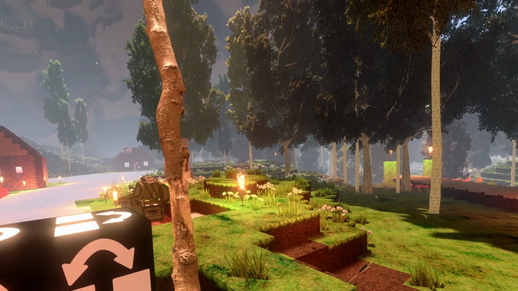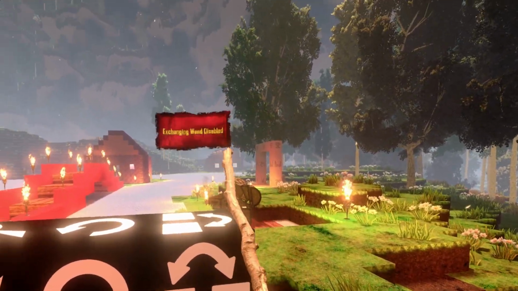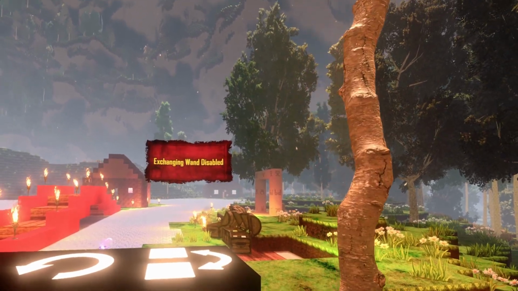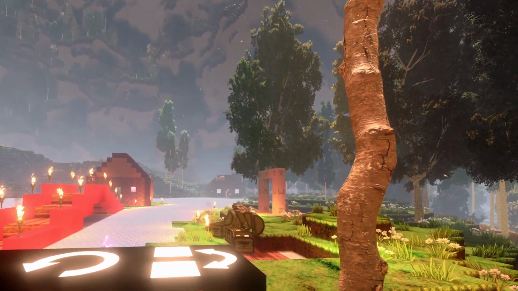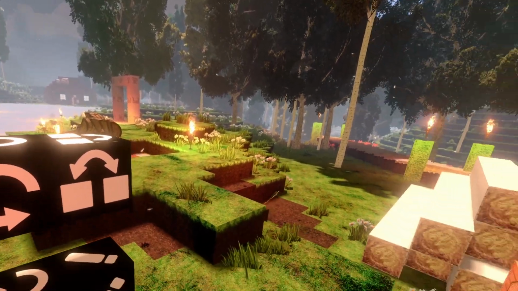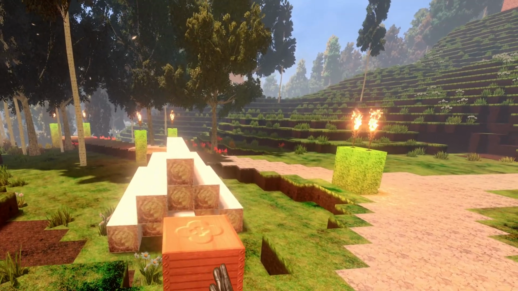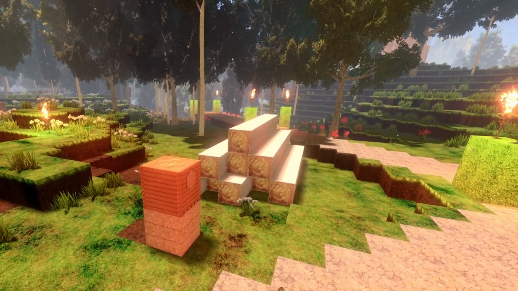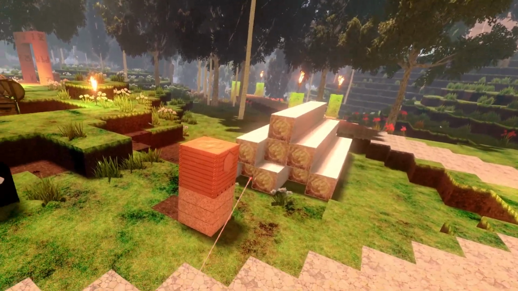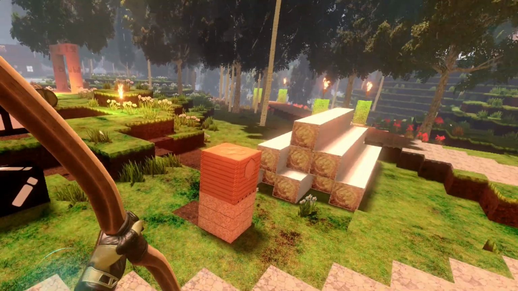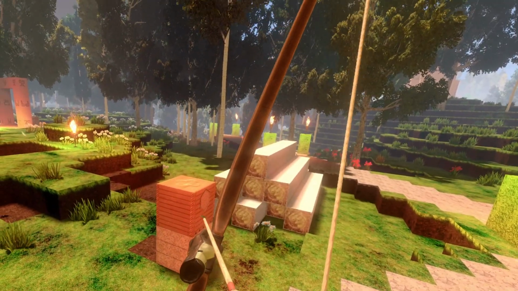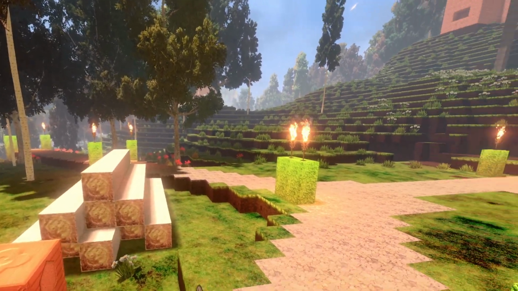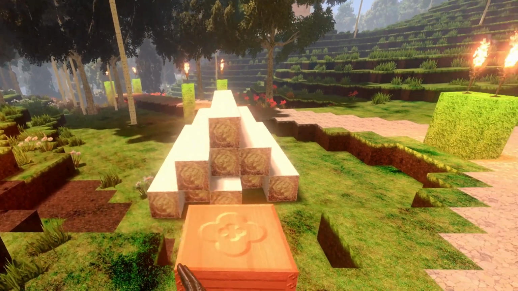To enable this mode we use the stick and then we hit here, and then you get the exchanging wand enabled and disabled. So we just want to have it enabled. Then we are going to exchange everything for the beehive block. To do so we select the block by hitting it with an arrow. So here, bam. Now the block is selected and we can hit everything else and it will be replaced